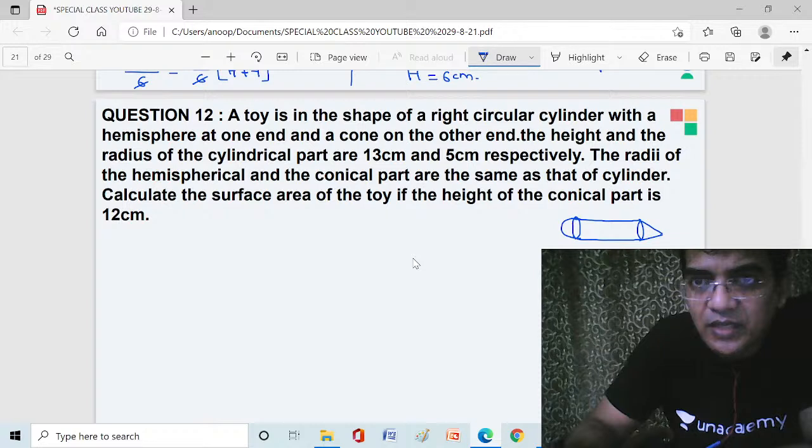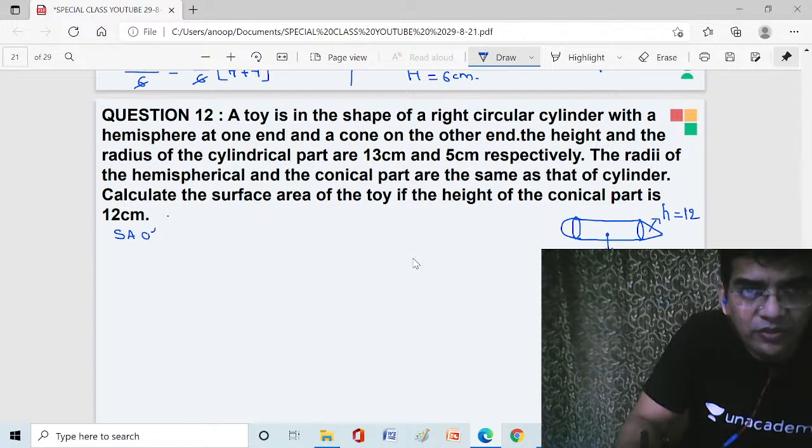So the height of the conical portion is given as 12. And they have asked us to calculate the surface area of the toy. To calculate the surface area of the toy, we need to calculate the surface area of the hemisphere